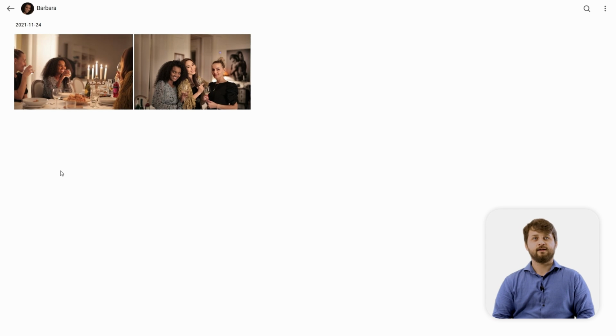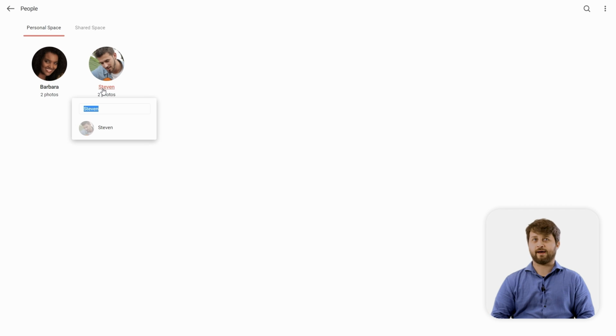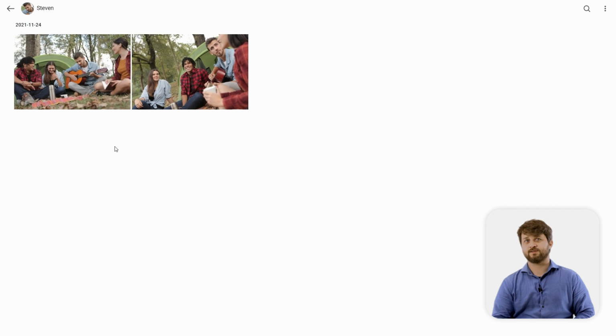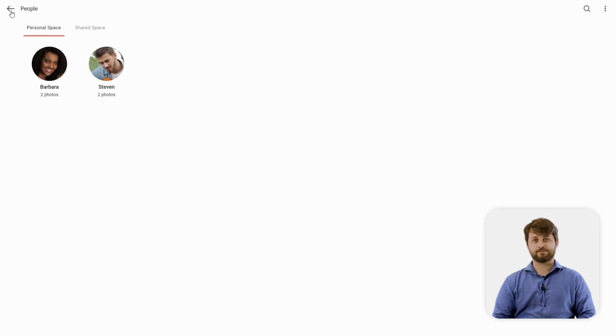And you can see that we have two photos underneath both of those people albums. As we click through that, you're going to see for Barbara, for example, that she has a couple different photos from whenever they attended a dinner party with some friends. Likewise, if we go back to Stephen, you're going to see that he has some photos for when he went camping with some friends on top of that. So this is going to be a great easy way to organize your photos and group them by people, utilizing the facial recognition software inside of Synology Photos.